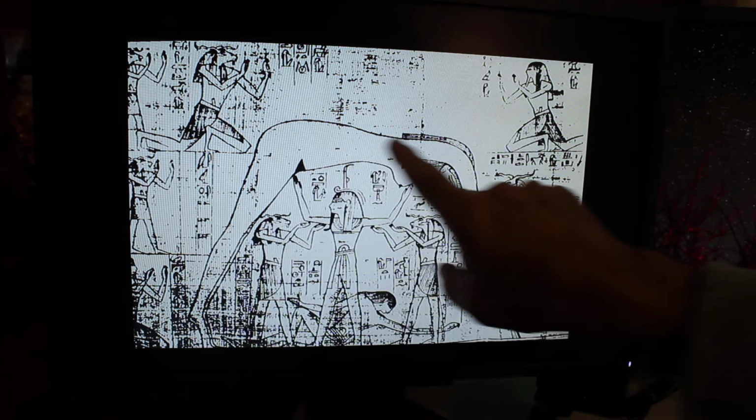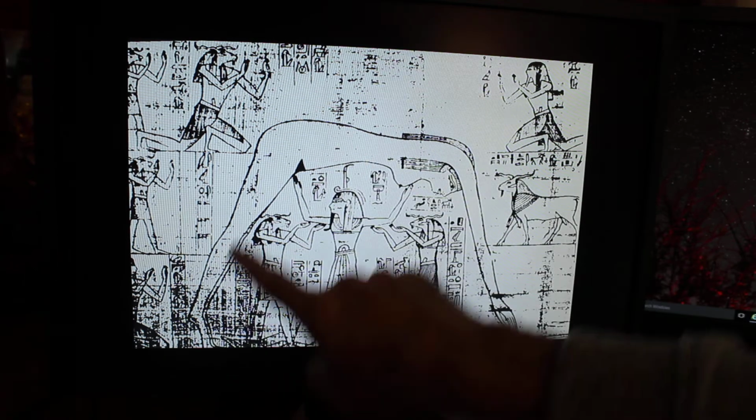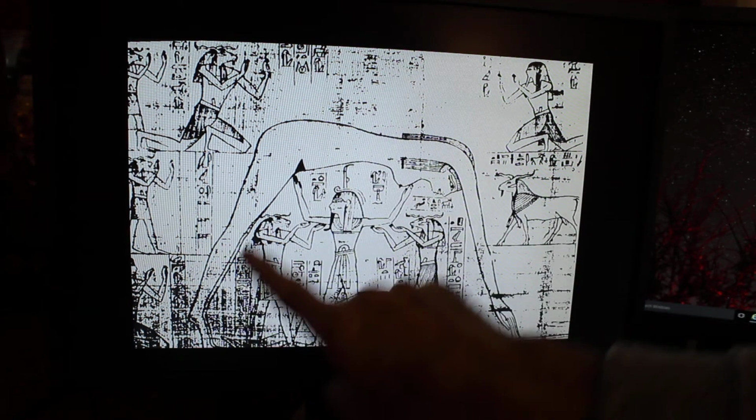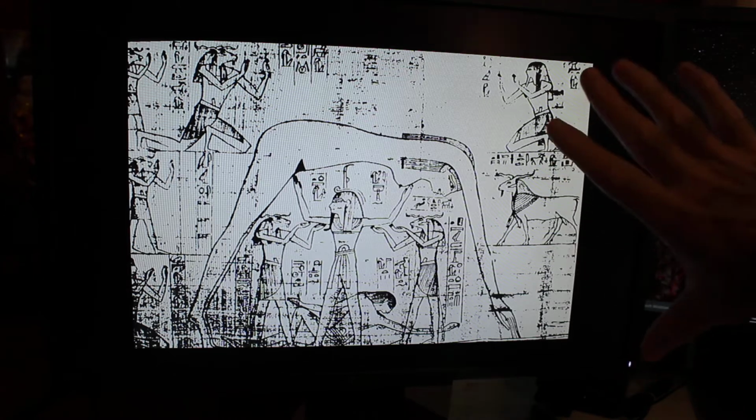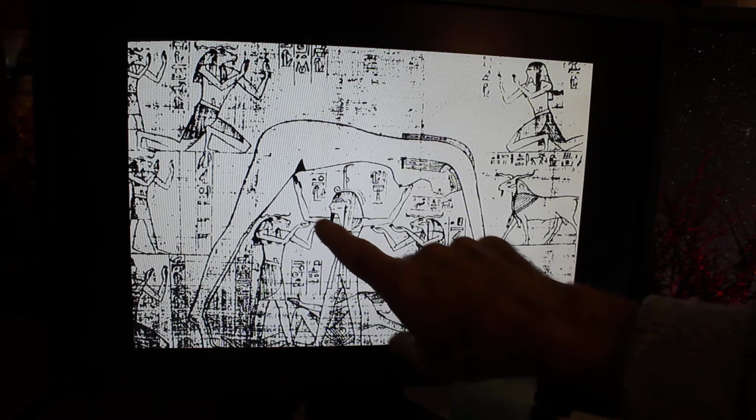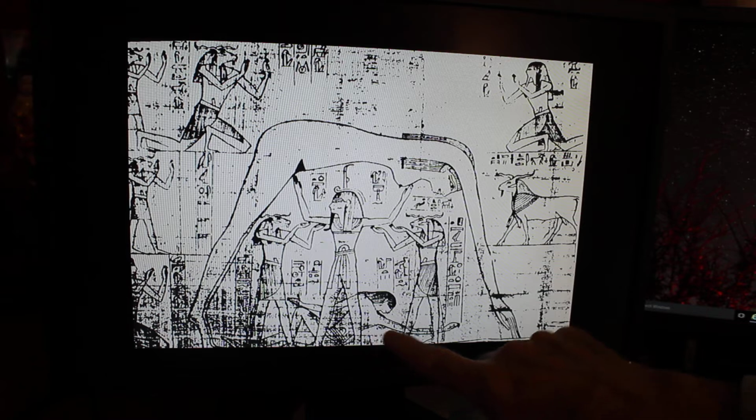So, in their main belief, there were three ancient gods. There was the sky goddess, Nut. She's usually represented by a naked woman, many times with stars painted on her because she is the sky goddess, and her name is Nut. It's spelled N-U-T. Then the air god, Shu, right here between the sky and the earth. And this is the earth god reclining down here. His name is Jeb, J-E-B.